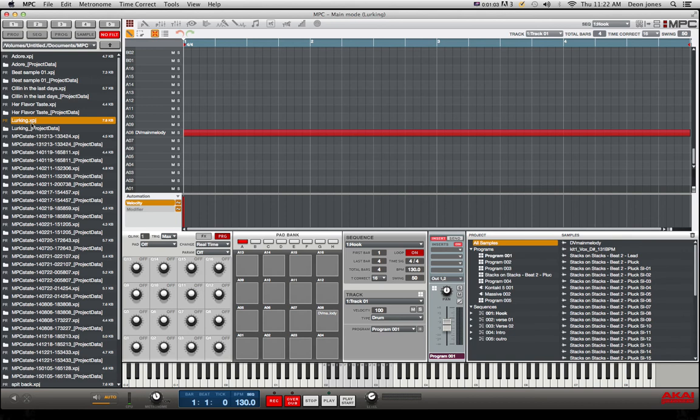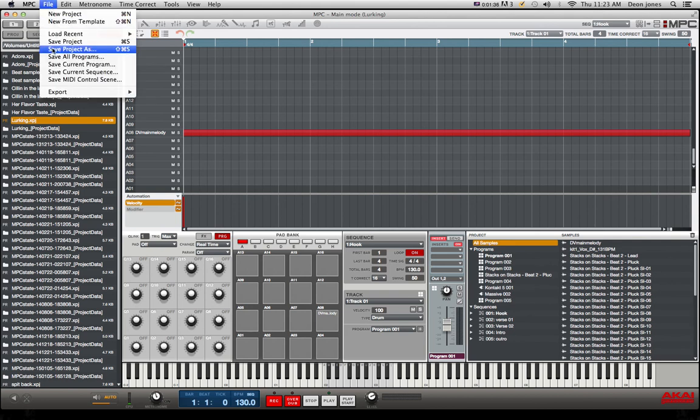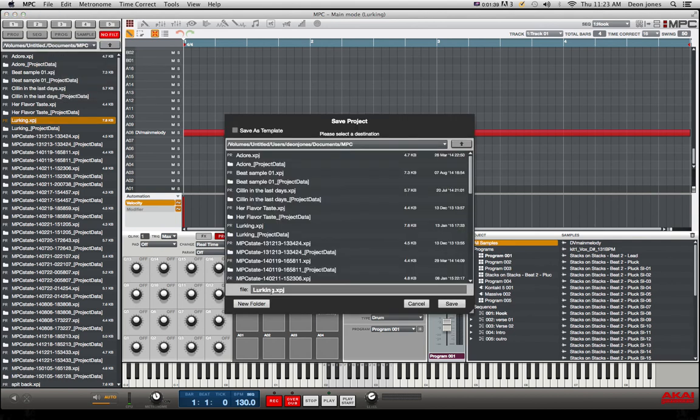The reason that you want to make a copy of it is because when you go back to play it in standalone mode, in just the MPC Renaissance software, your sounds are going to be all over the place because you routed them out to different channels in the DAW, if you follow what I'm saying. And so what I normally would do is go here to save as,